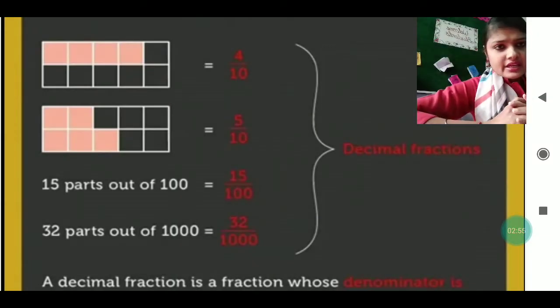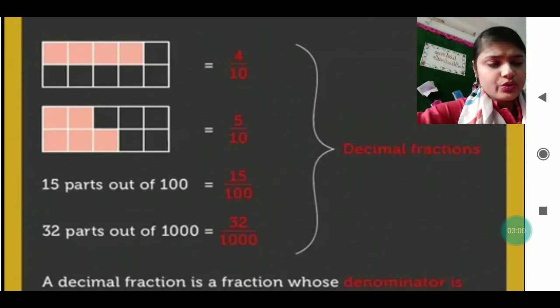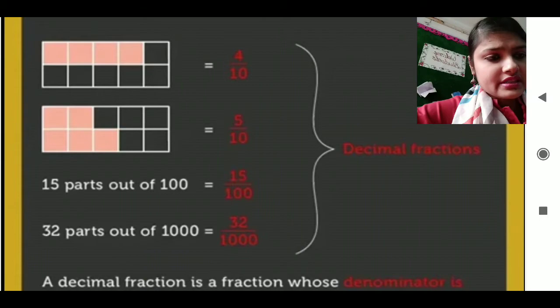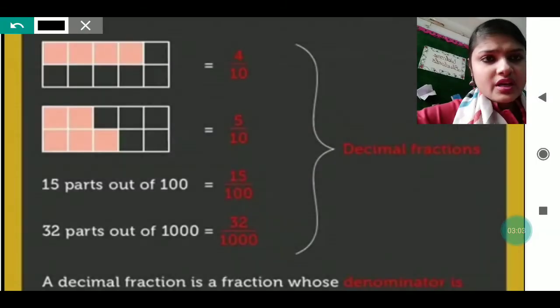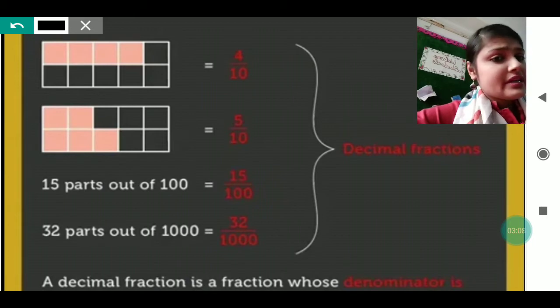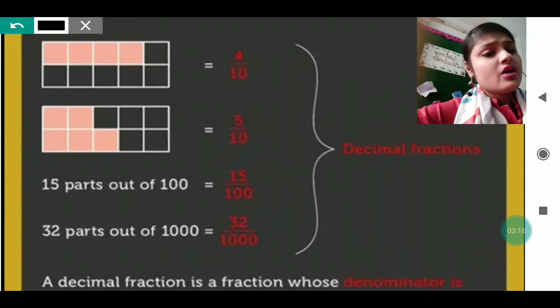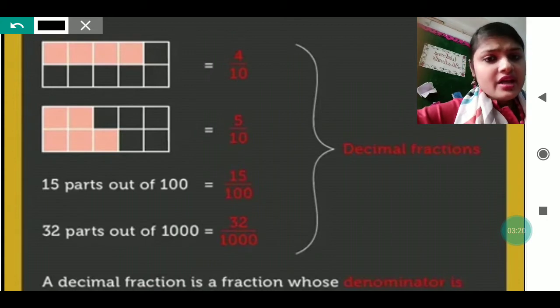You can see here I have opened one example. I think it is clearly visible to you. And in this, just see what is written. It is written like 4 by 10, 5 by 10, 15 by 100, and 32 by 1000. All our numbers are given in a fraction form. 15 parts out of 100, 32 parts out of 1000. A decimal,